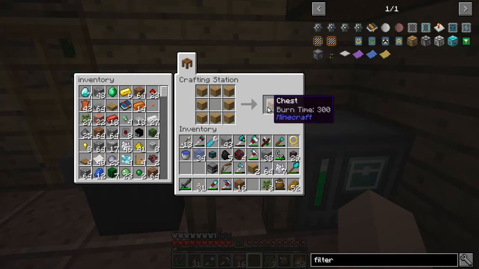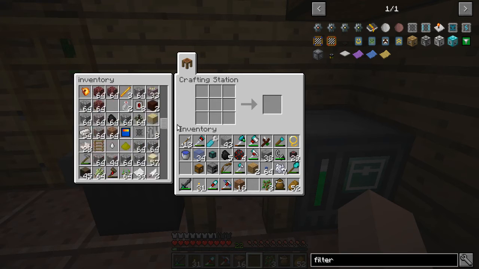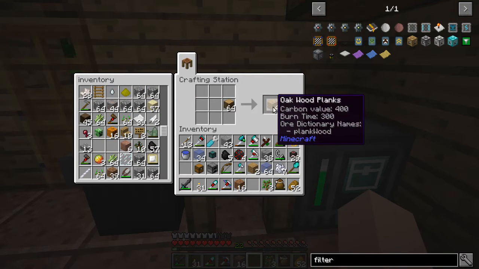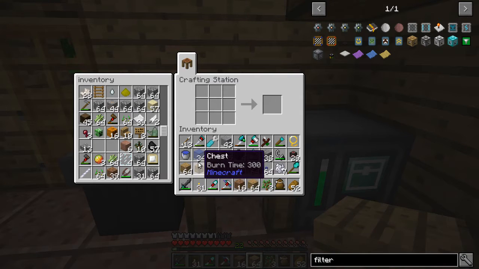I only have enough wood to make one chest. Are you serious? That cannot be true. Well, I probably only have that many wood planks. So I guess we'll just take this and turn it into wood, and put that over there and put that...